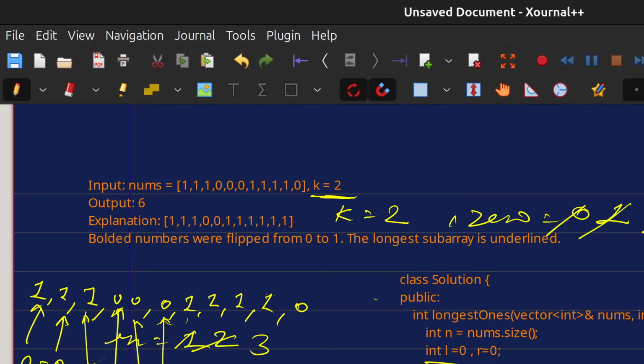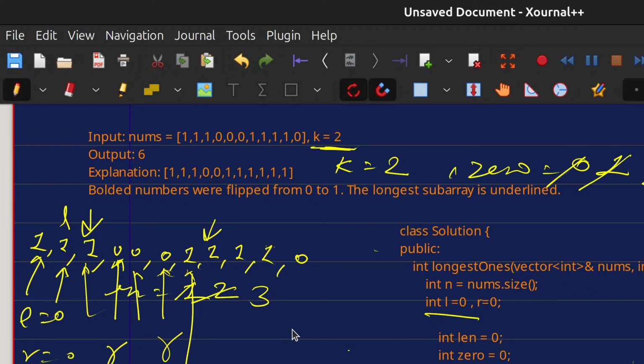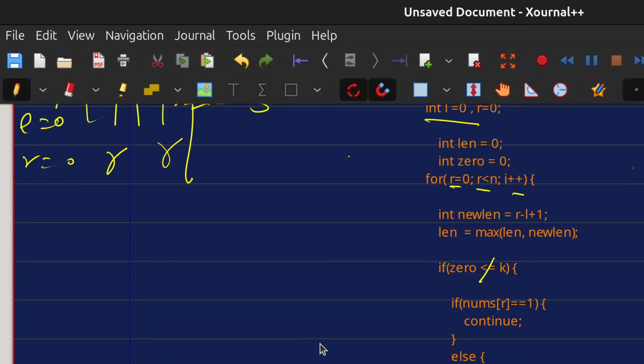Then L plus plus, L comes here and R is here, then again it's on 1. This is not 0, then L plus plus only, R plus plus happens. Okay, but if this